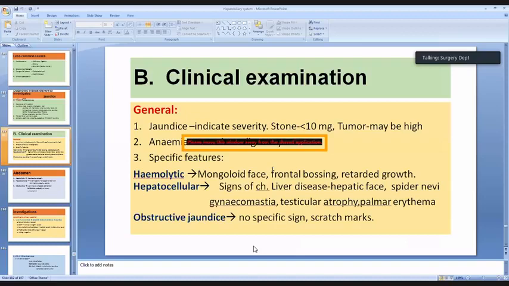So এক নাম্বার জন্ডিস, পেশেন্টের জন্ডিস থাকবে moderate to severe, maybe fluctuating, maybe progressive. Second is color of the urine is high colored, color of the stool is clay colored, and there will be marked itching all over the body. Abdomen examine করলে you can get palpable gallbladder or a lump in the right hypochondrium.